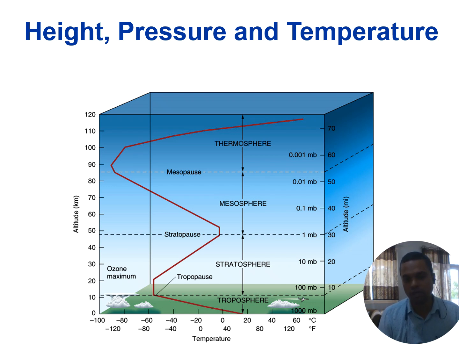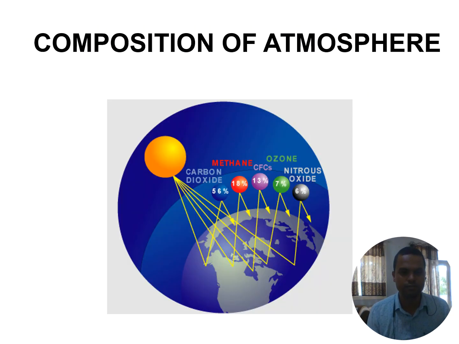So if you think about the pressure on the y-axis, the pressure basically drops drastically. Okay, and this is because the mass of the air goes down, the density goes down, so the pressure also goes down. And then the temperature is sometimes decreasing, then increasing, again decreasing, again increasing rapidly. So all these things are happening, and the reasons are the presence of different gases. They are reacting and producing a lot of heat, or there are no gases, so there is no reaction and no heat is produced, or they absorb heat from the sunlight. So that is the reason why these things are changing.